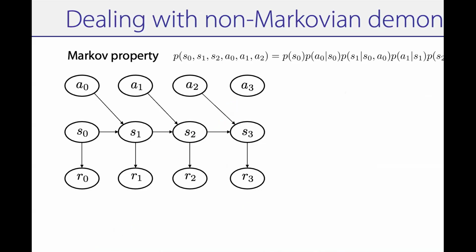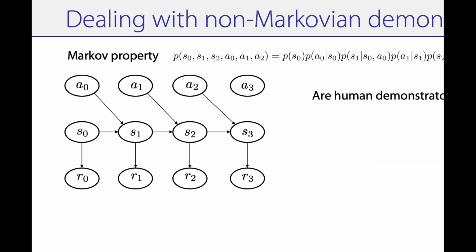Okay. So the second issue that I think is a big problem is that often our policy classes are Markovian, which means that it just takes in the current state, but our demonstrators are non-Markovian, right? And so it's tricky to say that